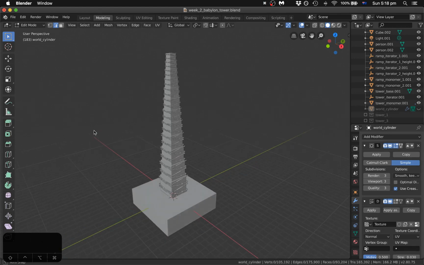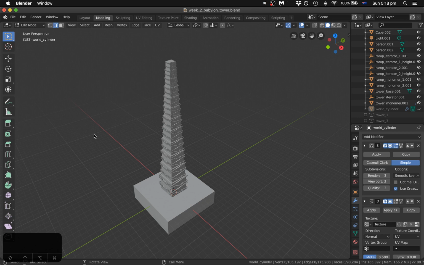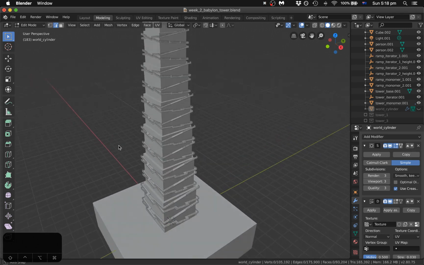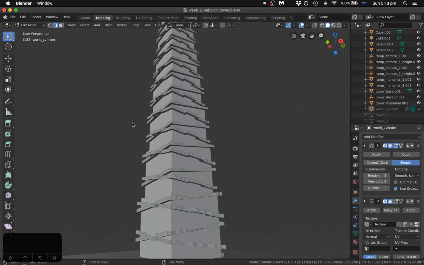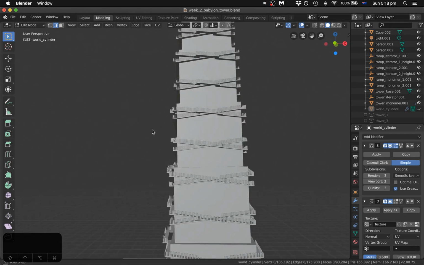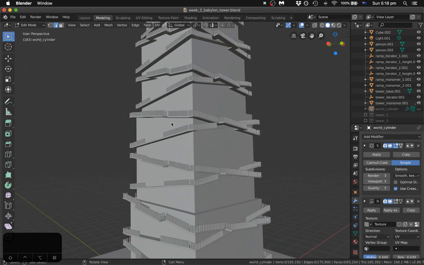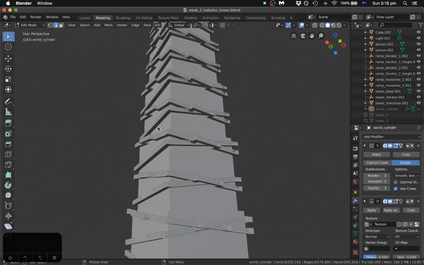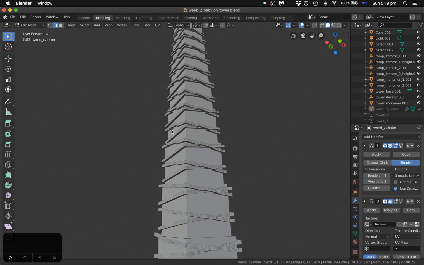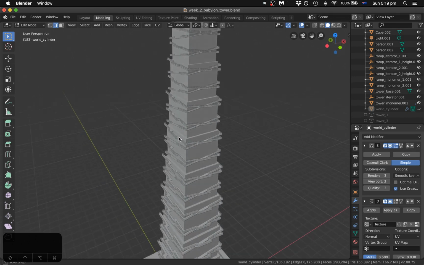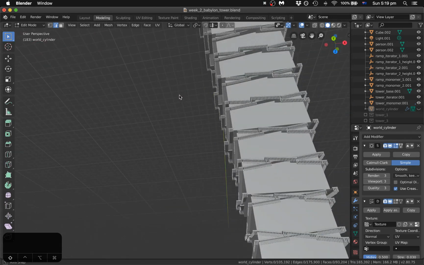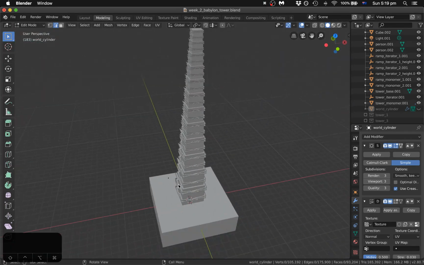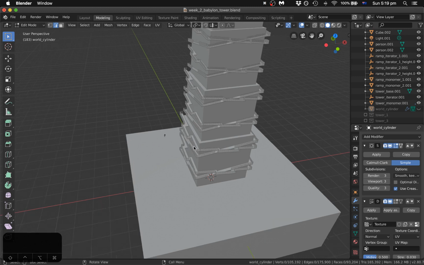Okay, hi guys. So this video is a video tutorial to explain some techniques for our second Blender 3D modeling exercise. This time it's based on the Tower of Babylon story by Ted Chiang, and also just more broadly the Tower of Babel myth. The reason that I'm using this as an exercise is to expand upon the idea of using array modifiers to generate complex forms from very